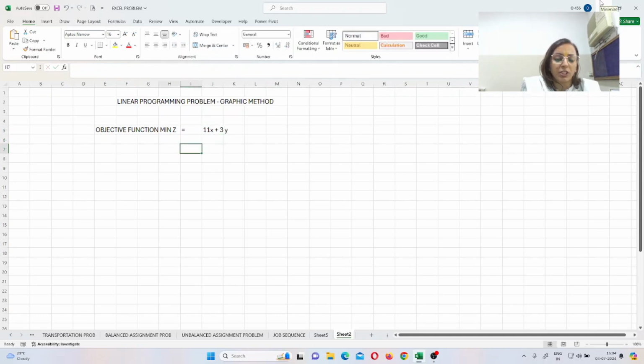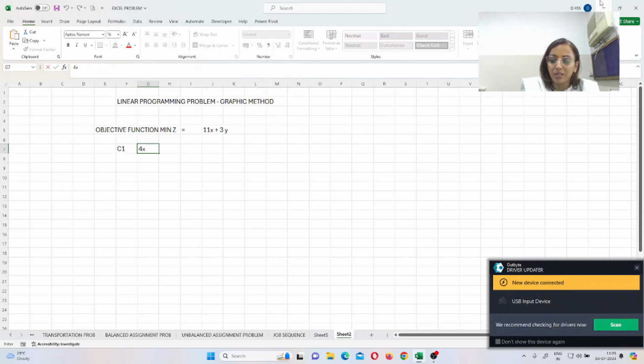This is the objective function, and there are constraints too. Note down the constraints. There are 3 constraints. C1 is a labor constraint: 4x plus 1y is greater than or equal to 12.